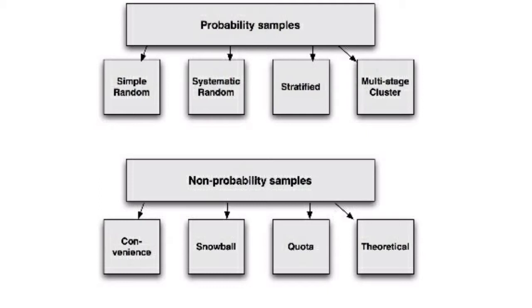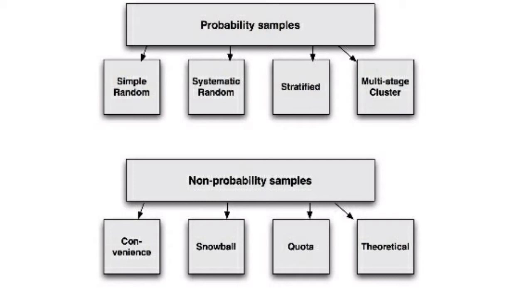We decide what we have to do. Okay, it is not random, it is not probabilistic, it is non-probabilistic. So in quota we already define the number. And it is not, you can say, totally unbiased because it possesses some biasness. So it is quota sampling.